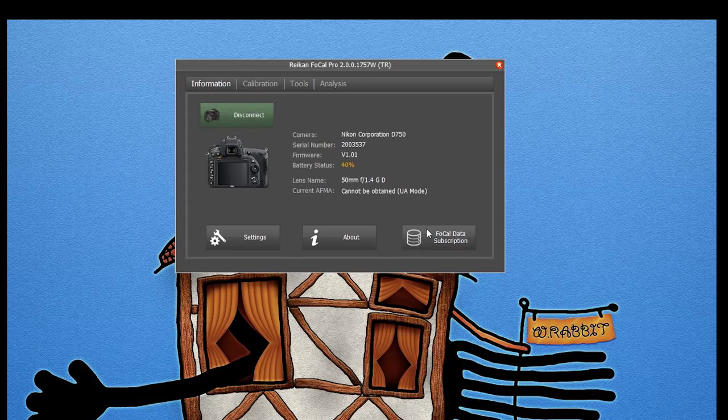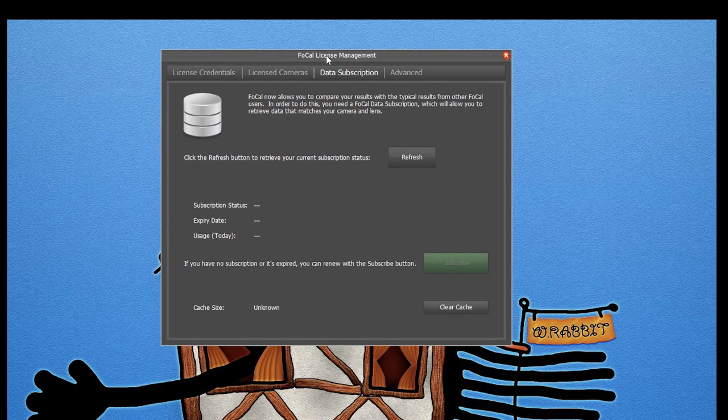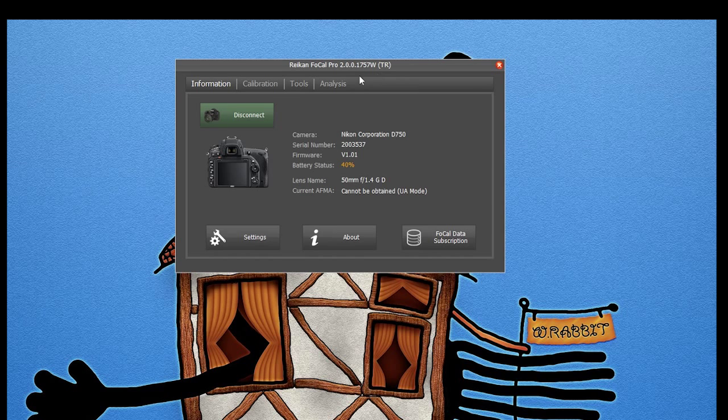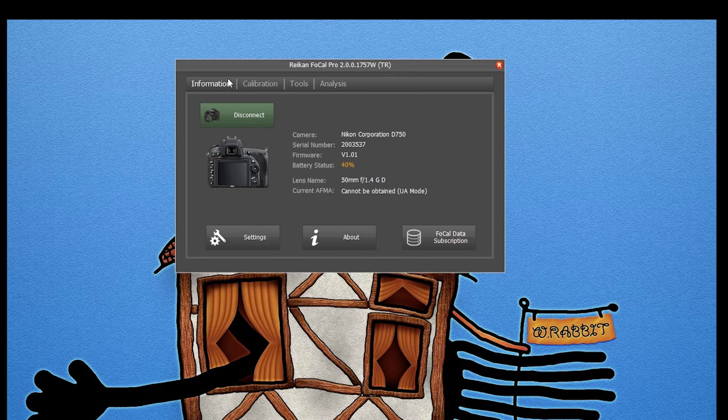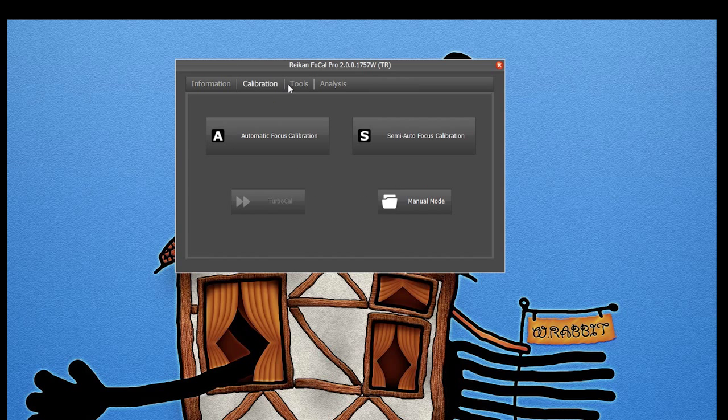I connected to my D750, I've got my 50mm connected, and I'm going to run through a quick fully auto test on there, and see how that differs from the previous release that I had, which was 1.9.10, I think. One of the new features in here is that you can actually look back at your history